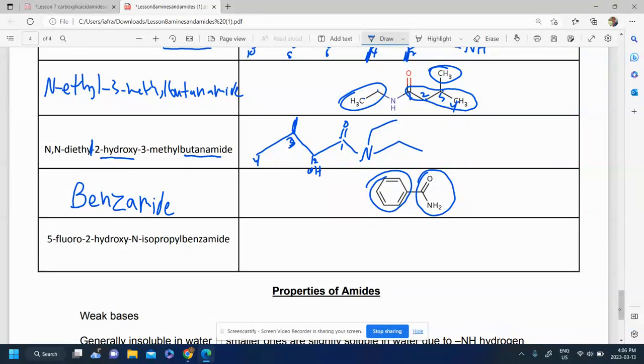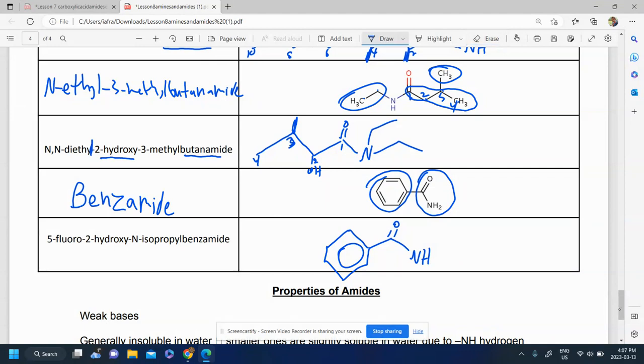So let's go ahead and try that out. We'll draw out our benzene ring. It's a benzamide, so we'll have our double bond O here, our NH2 here, but it wouldn't be NH2 because we have a substituent